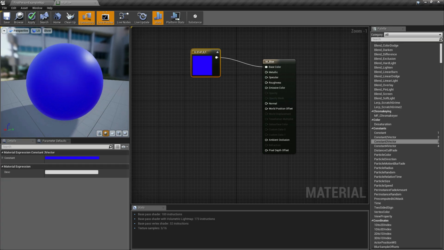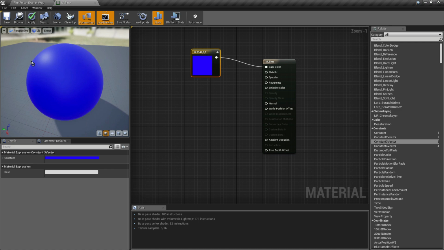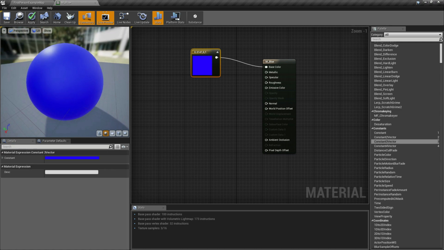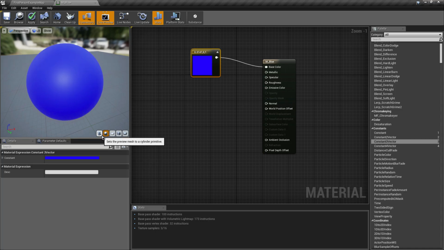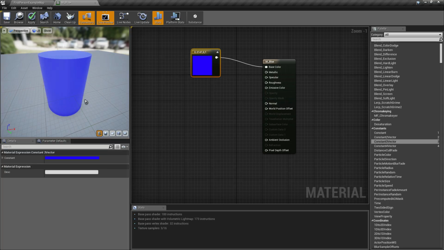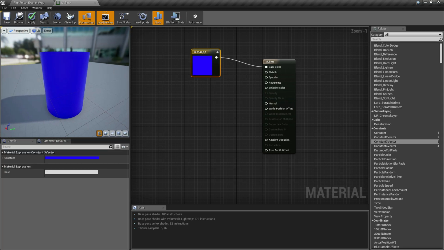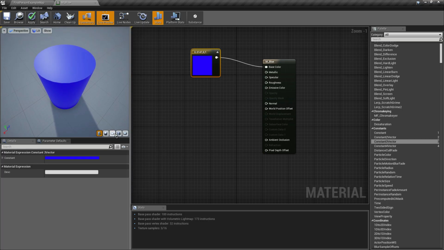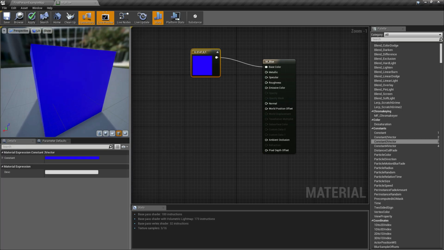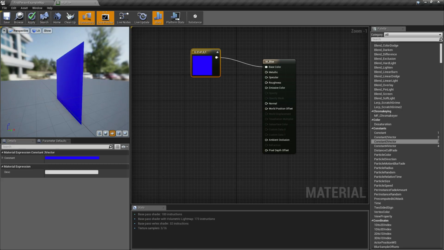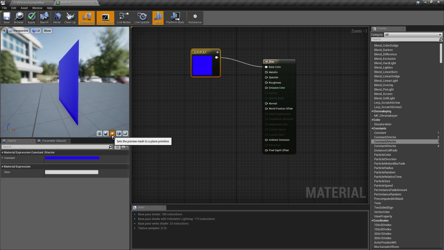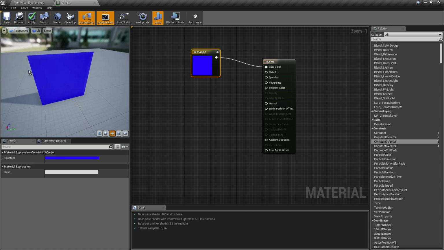And this is how it looks like in a sphere shape. If you want to see the output, you can change the appearance of the sample, like in a cylinder. So this is how the blue color looks like in a cylinder, in cube, and in a thin layer.